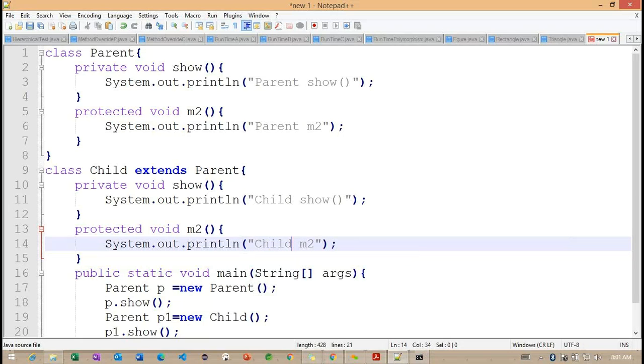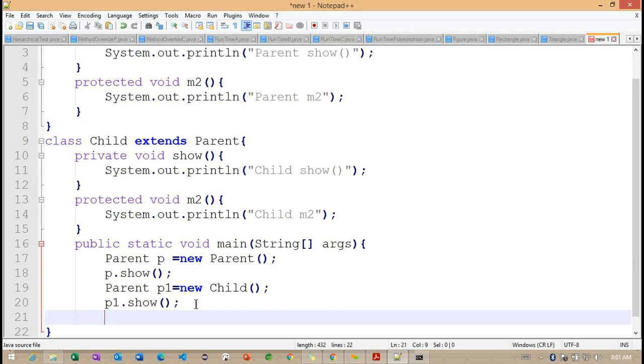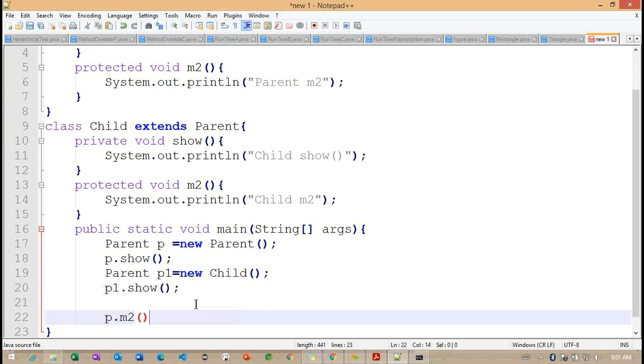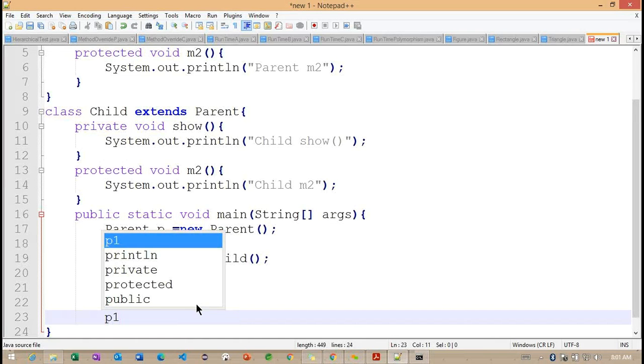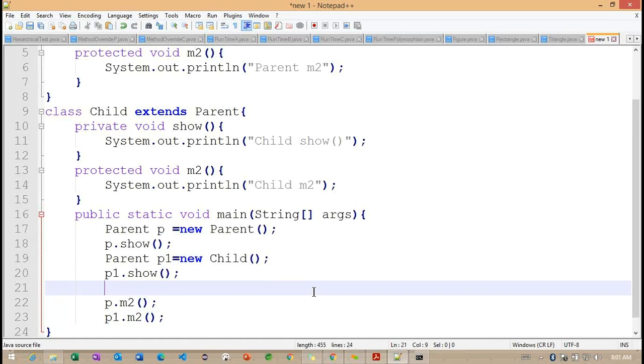Here, what I'm trying to do, again, I'm creating with the same object information. Now, along with this show one, p dot m2 and p1 dot m2. So in this case, which methods are going to execute here?